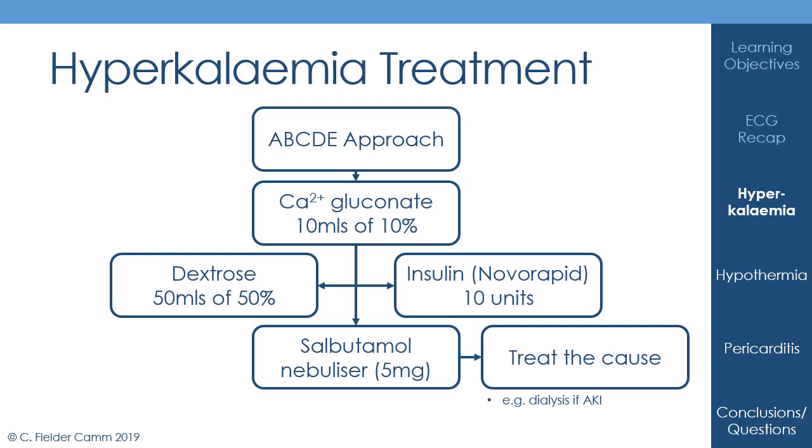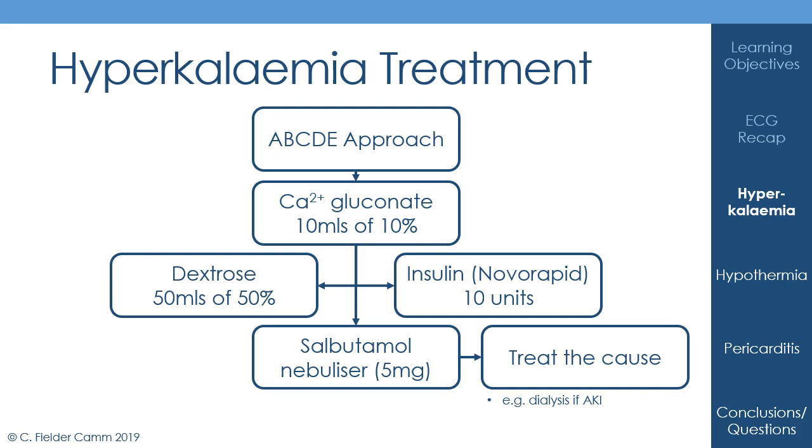I think once you've started to try and stabilize the patient and try and control their potassium, nothing's going to help until you really deal with the cause. The vast majority of the time, the cause for hyperkalemia is acute kidney injury or acute on chronic kidney injury. And so they need fluid to try and get them passing urine in most cases, unless they're profoundly overloaded. And if they're not passing urine and they're not improving, then obviously hyperkalemia is one of the key indications for